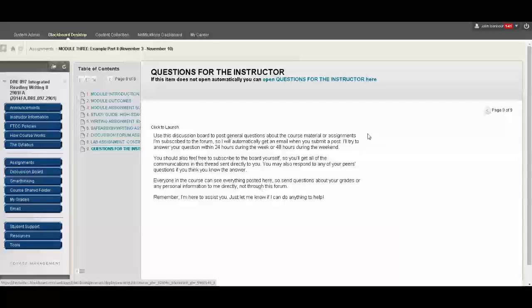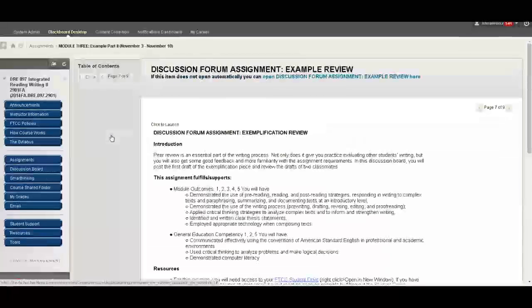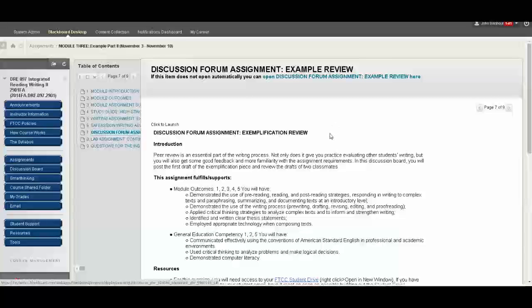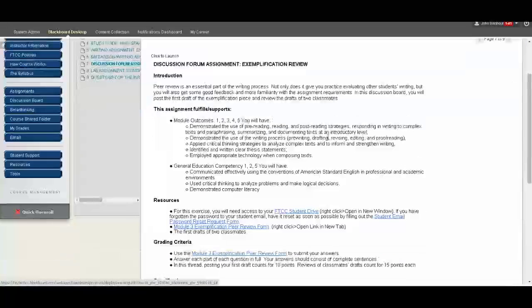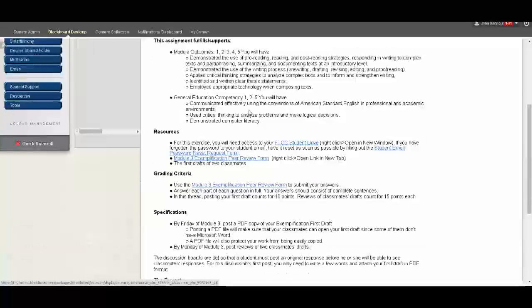So going back to the discussion forum assignment, I can go right back to page 7 by clicking the link over here on the left. Okay, going back to the discussion forum assignment, you can see it's a little different than last time. What we're doing here is a peer review. You don't have any questions to respond to as far as Outcast United goes this week, but you will do a peer review. And so the assignment setup is the same as last week.